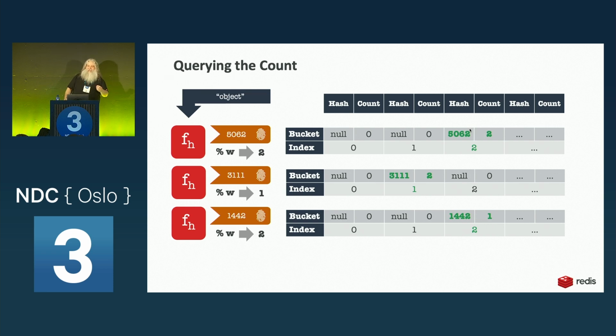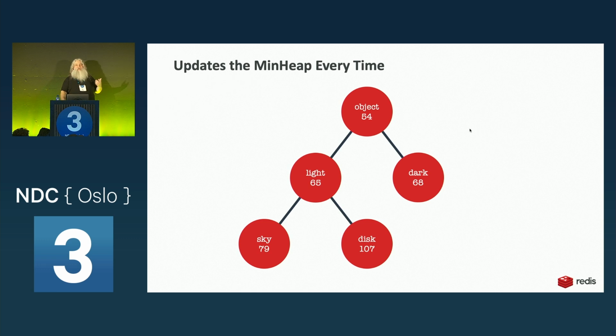What this means is that heavy keepers are actually terrible at counting. Because they're erosive in nature, they tend to always underrepresent the count. And so they're not actually good for counting. It's not the point of a heavy keeper. The heavy keeper's point is just to hold on to the things that are heavy and let the small things just be eroded away. And what we do is, alongside this heavy keeper, we have a min heap. And so every single time we add something to the heavy keeper, we'll look at the count that we have for that thing we just added, and we'll say, how does this compare to the min heap?